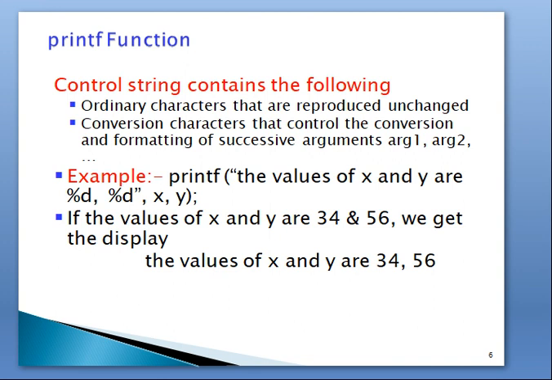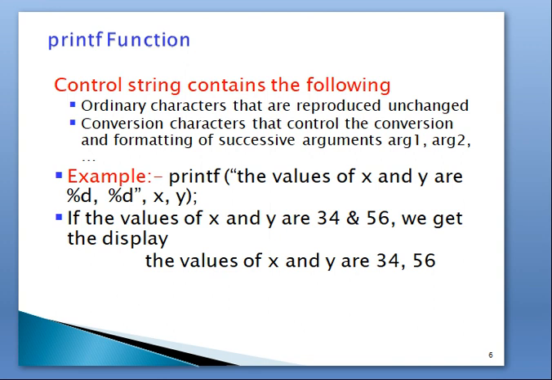The conversion characters %d, %d control the conversion and formatting of successive arguments x and y. It takes the input from the arguments x and y. The values of x and y are printed in the place of %d, %d respectively.